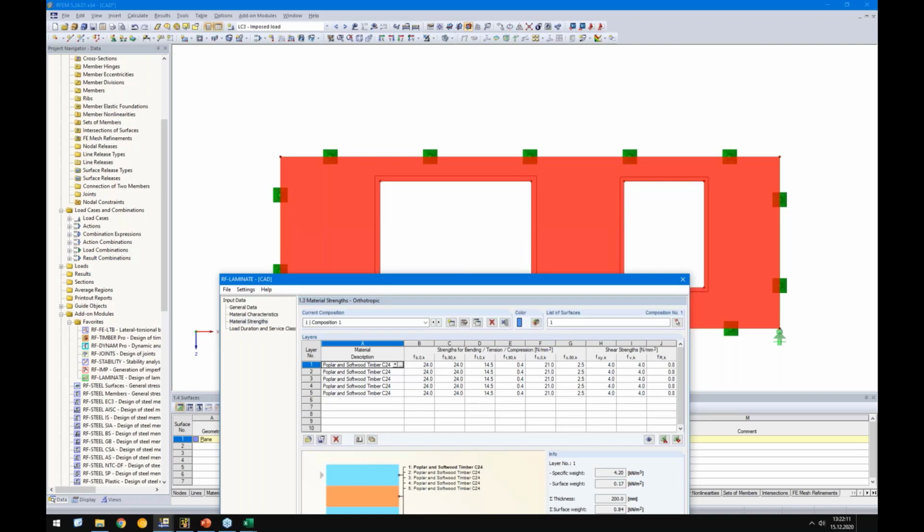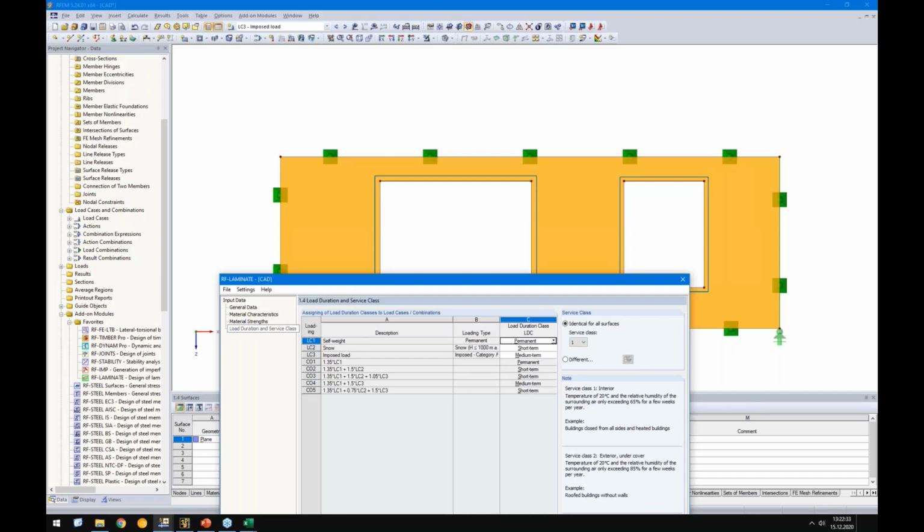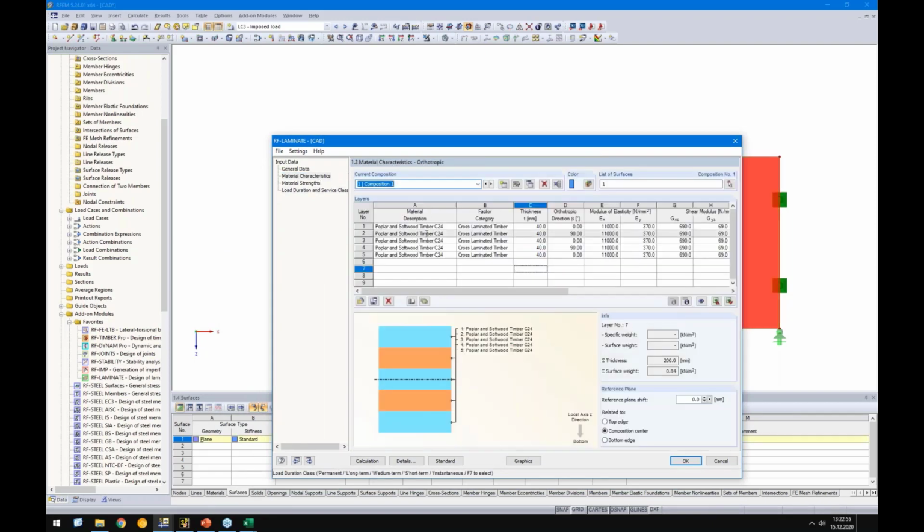Okay, then let's go to the next tab. It's the material strengths. And here we simply modify the shear strength a bit, because we do not consider any K-crack for surface design, and therefore I will modify it a bit and set it for all layers. Okay, the last tab is about the load duration class, but it was assigned automatically to load cases, and therefore we always use the shortest load duration as the code offers, and it is assigned automatically. Here are a few settings about the service class, but this is fine for us. Okay, let's go back